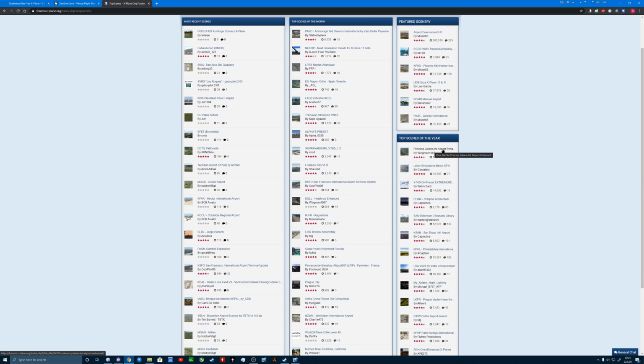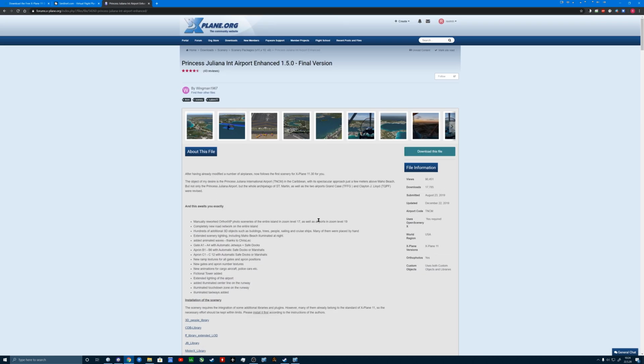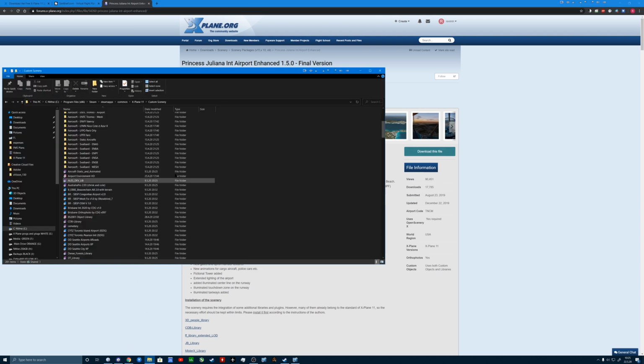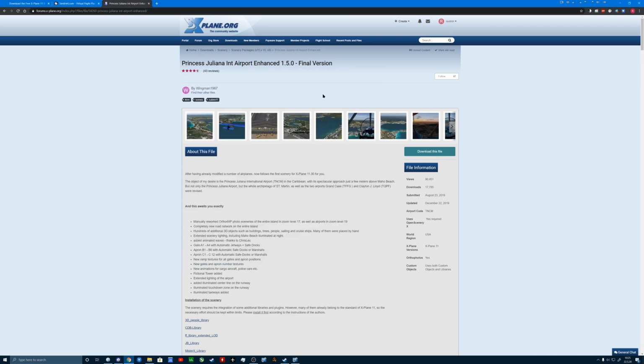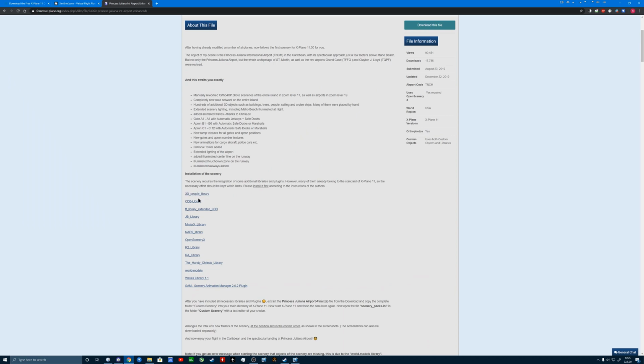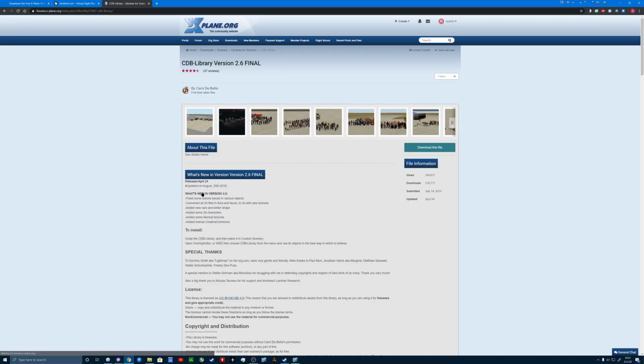Princess Juliana International Airport enhanced, and you click on this. Put very simply, you'd need to look up this. Some airports have more requirements than others. You would take that folder and you place it here in your custom scenery. There are, as you can see here, some additional folders, and you would download these. For example, 3D People Library, you would download these